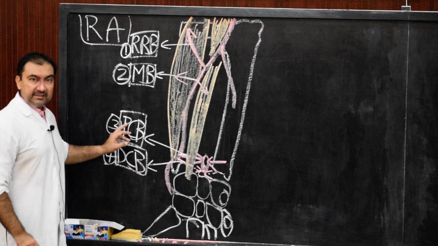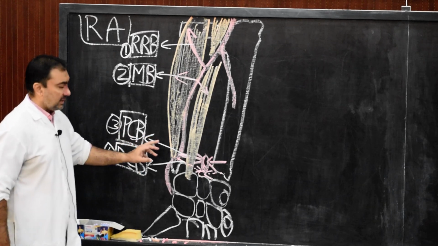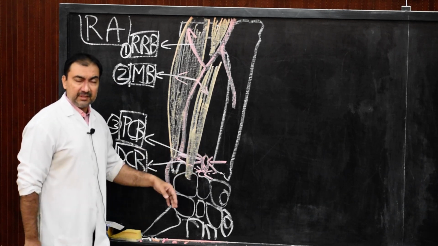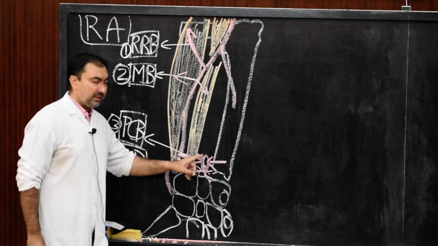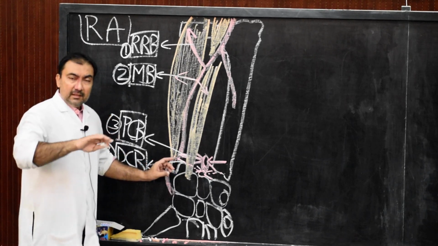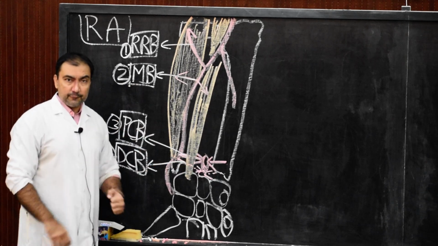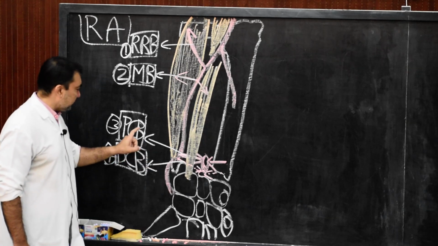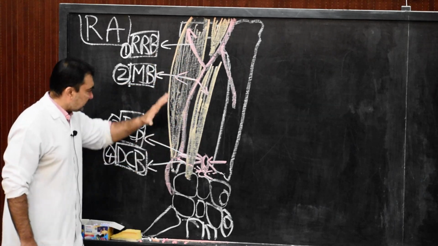These two are easy to remember. One is the palmar carpal branch, this is the dorsal carpal branch. The palmar carpal branch will be in front, behind the flexor tendons, transversely towards the medial side, towards the ulnar side, where it will meet the palmar carpal branch of the ulnar artery and form the palmar carpal anastomosis. Similarly, the dorsal carpal branch will be given dorsally. It will travel again towards the ulnar side, but dorsally, deep to the extensor tendons of the back of the forearm, and will meet the dorsal carpal branch of the ulnar artery, forming the dorsal carpal anastomosis. So palmar carpal branch, number 3, dorsal carpal branch, number 4. These are the 4 branches in the forearm.